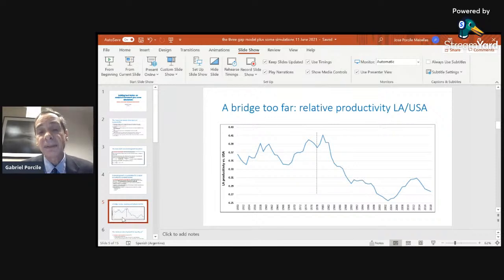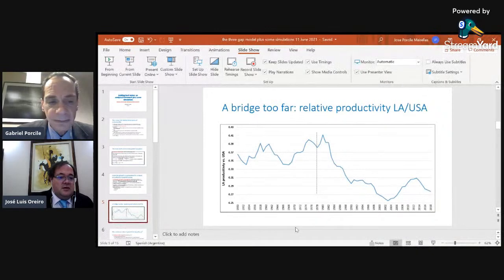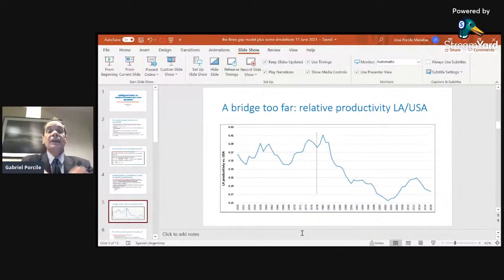Can you see the graph now, the graph of the productivity levels of Latin America, or are you still unable to see my graph? Jose Luis, can you see the graph? A bridge too far? Jose Luis? Yes, yes. Okay, sorry. Sorry, it was just to be sure. So,